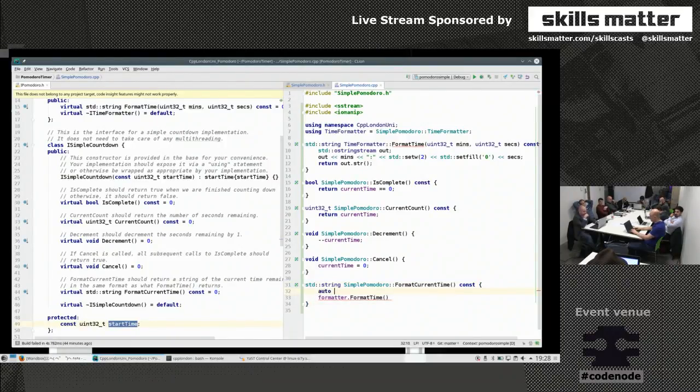So we'll have an auto mins. Current time. I mean, if I want to get the number of minutes, it's fairly obvious. We can just divide it by 60. Now, the reason this works as is, without any function called, is because this is an integer. It's not a floating point value, and this is not a floating point value. So this is always going to get rounded down. So the minutes will always be rounded down, even if this is